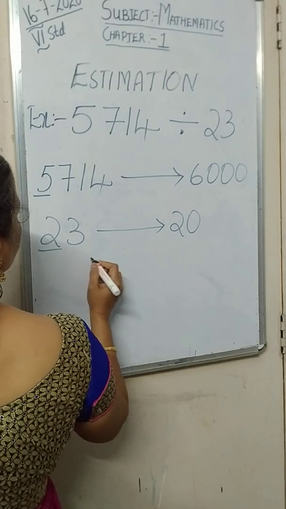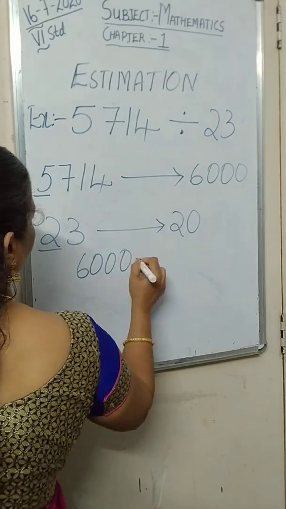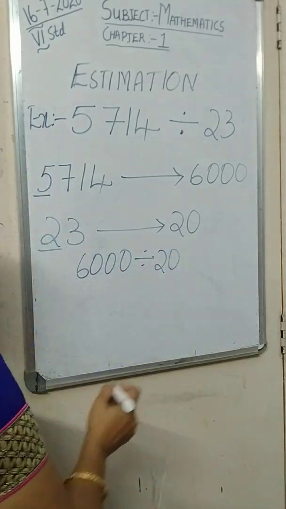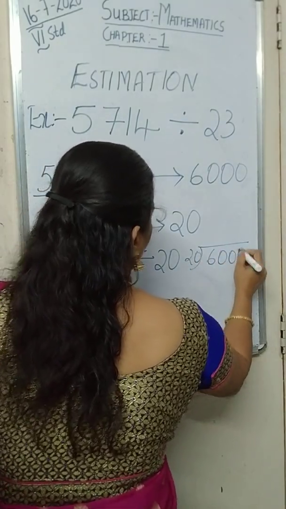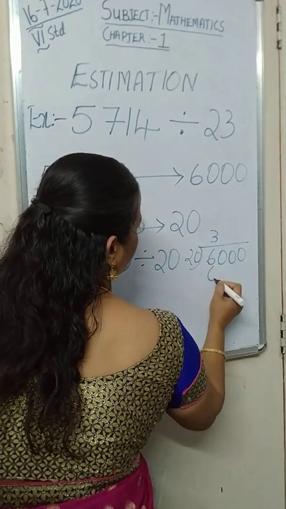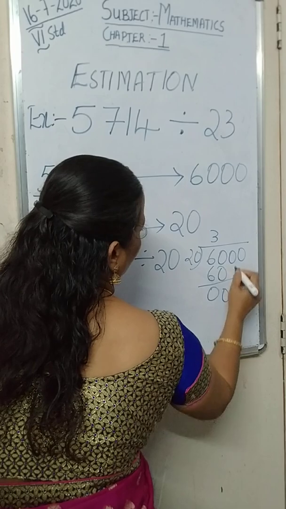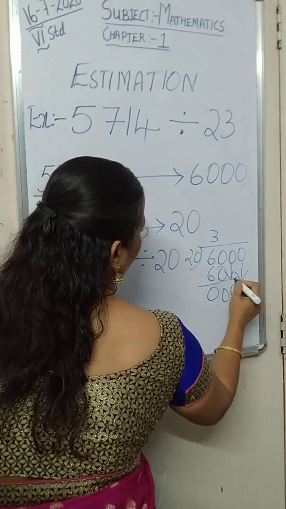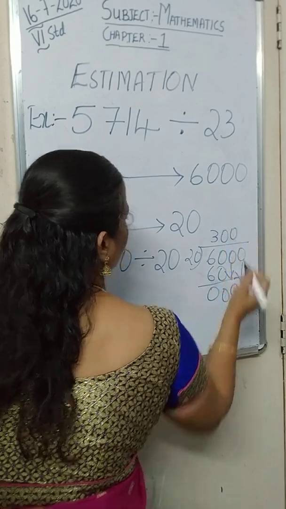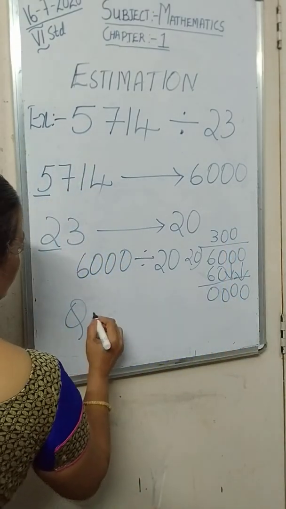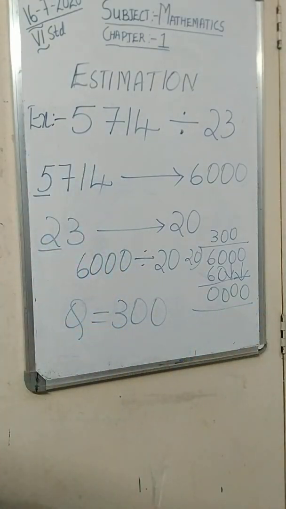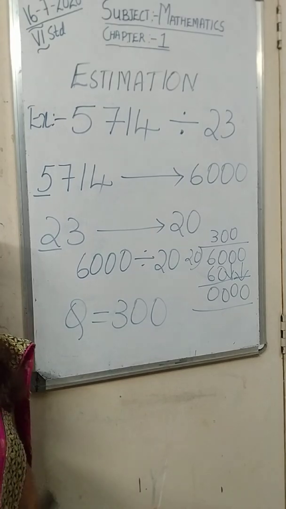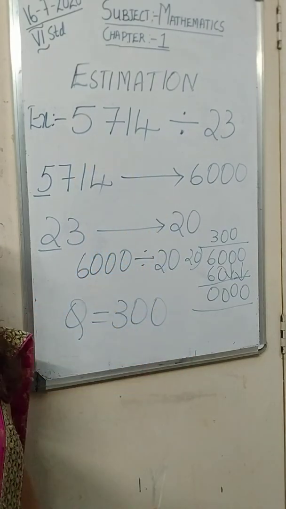Yes, here we are estimating all the numbers to the greatest place value. Now let us divide 6,000 by 20. Yes, you know how to divide it? 20 into 6,000. 23s are 60 and we have 2 zeros here and we cannot divide further. So those 2 zeros are added here. The quotient is 300. Yes. So did you understand? We have learnt about addition, subtraction, multiplication and division after estimating. Yes. Is it clear, children?